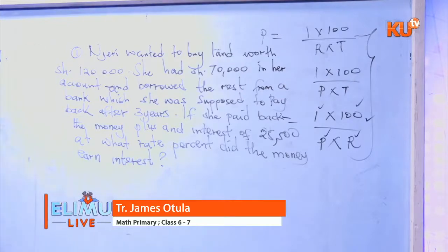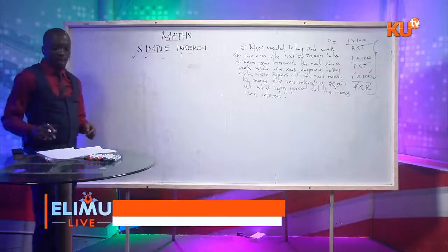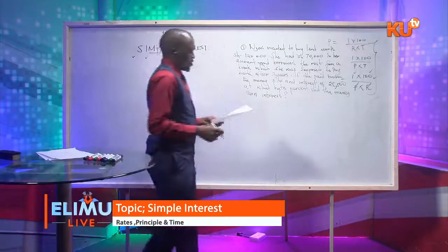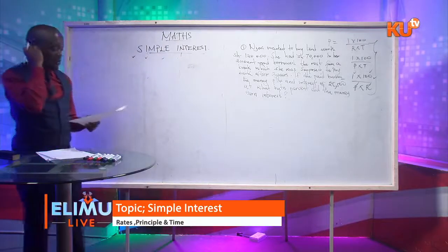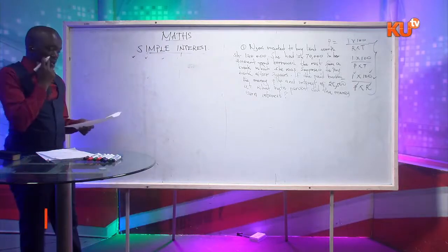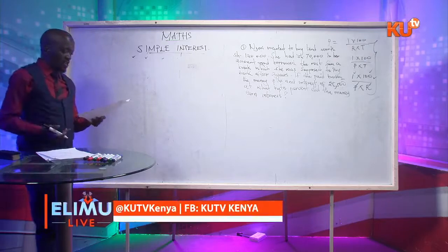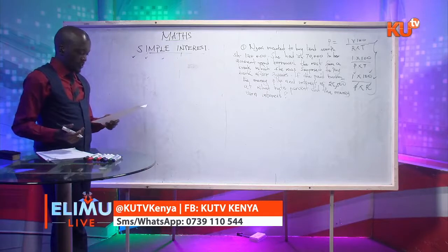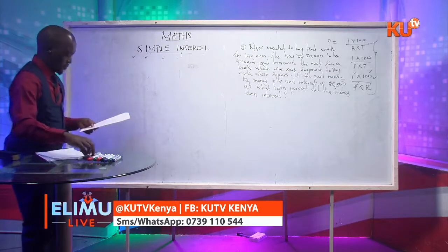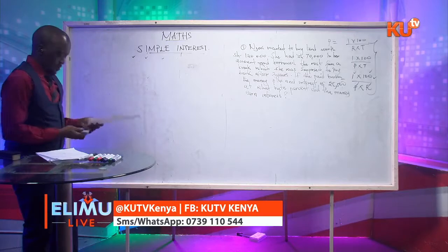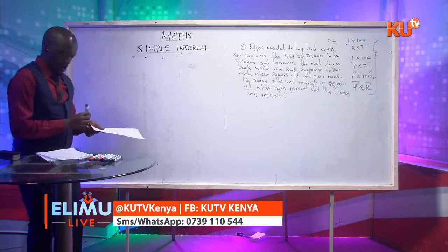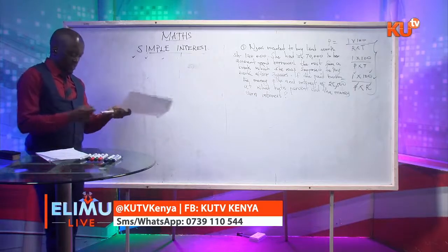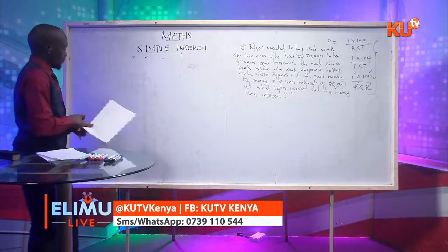So I want you to give a try to that sum as we continue with finding other items. You remember the previous question was asking about time. Now we are going to handle a question that is asking about interest. I remember the first one that we did was about interest. So the next one should be about rate. And the question here is,